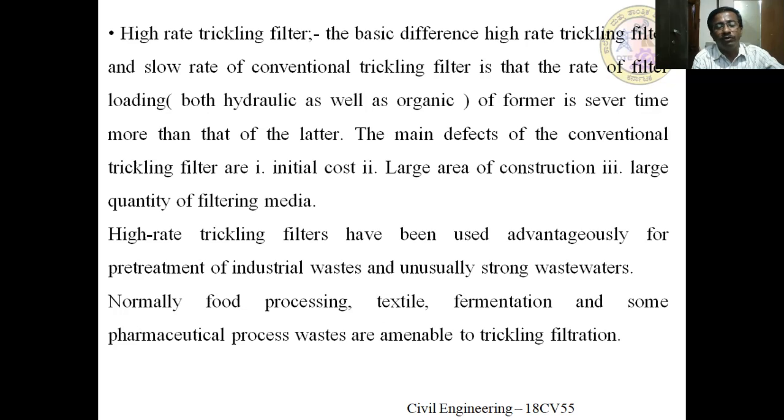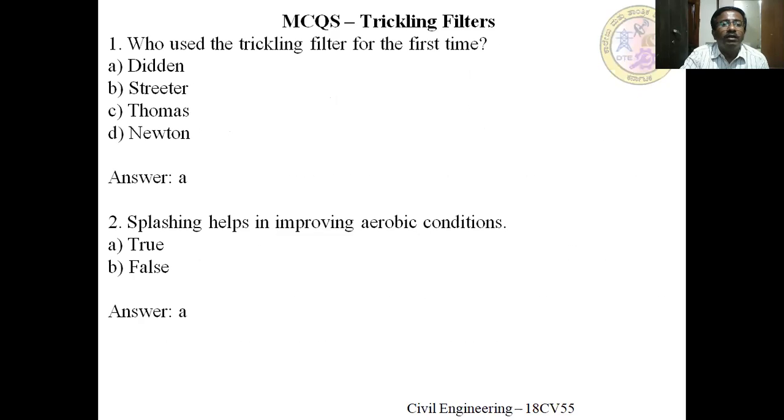Because in the food processing industry, textile, and all these, they are using toxic materials in their manufacturing process or toxic dyes and all these things. Once toxic materials and dyes are used, definitely they may affect the microbes which are present in the filter. By that, the efficiency of the trickling filter decreases. So usually in industrial wastewater they do not prefer the trickling filter, especially if any toxic materials are present.